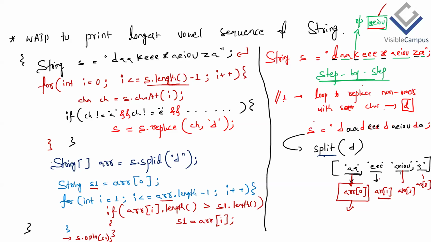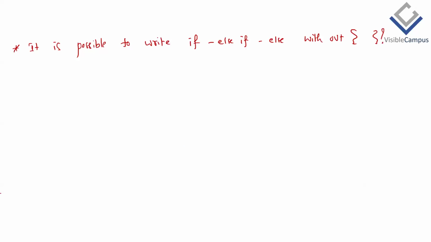So during this program, I have asked one question. What is that? Is it possible to write if or else if or else without curly brackets? That is my question. So what is the answer? The answer is yes, but with a condition. What is the condition? Yes, if it is one line of code